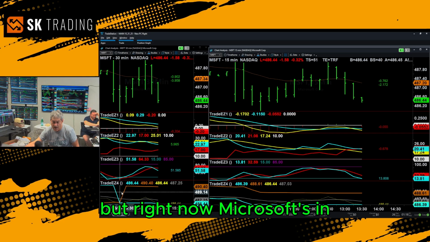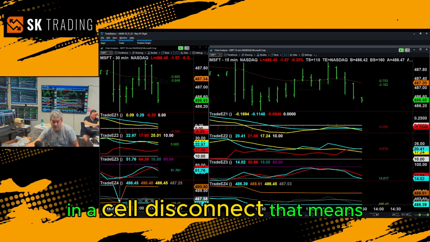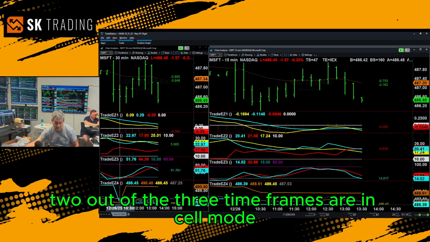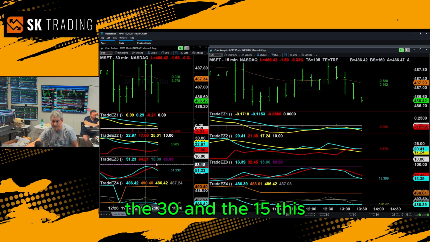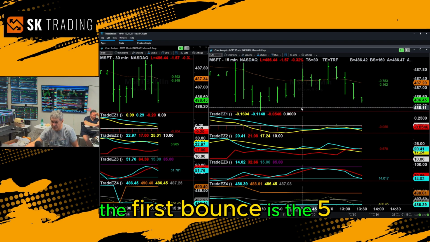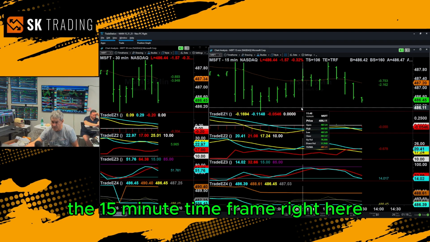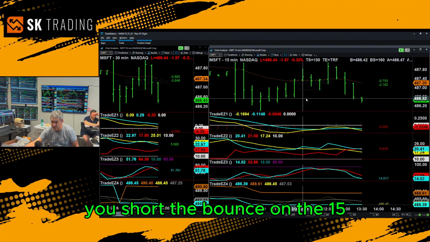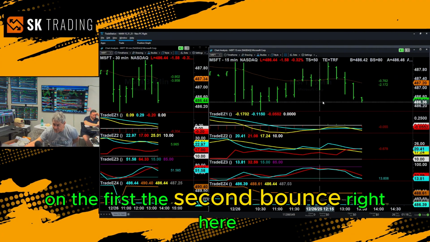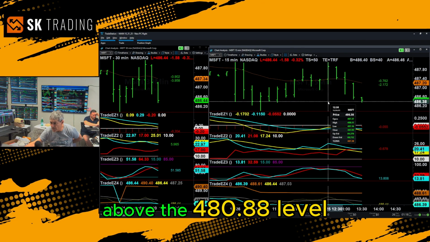But right now, Microsoft's in a sell disconnect. That means 2 out of the 3 time frames are in sell mode, the 30 and the 15. The first bounce is the 15-minute time frame right here. You short the bounce on the 15 on the first. The second bounce right here above the